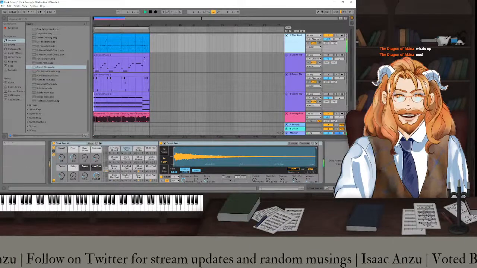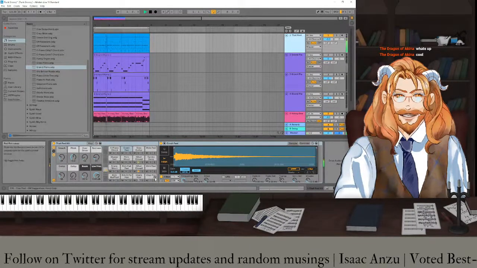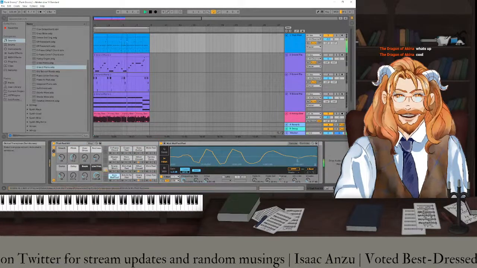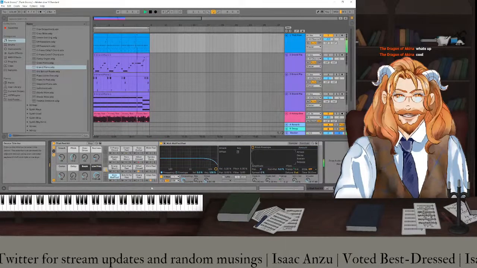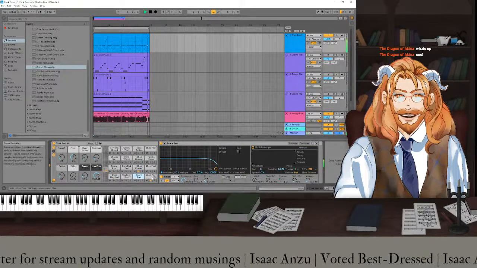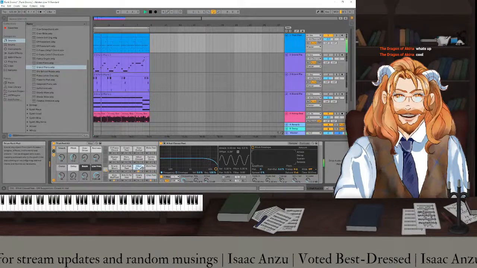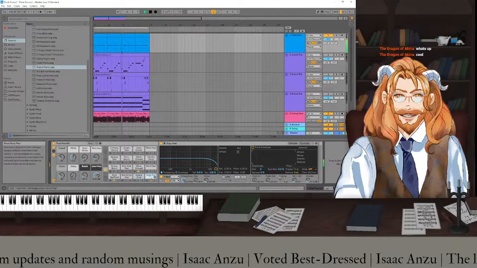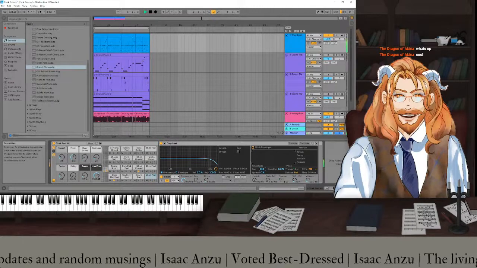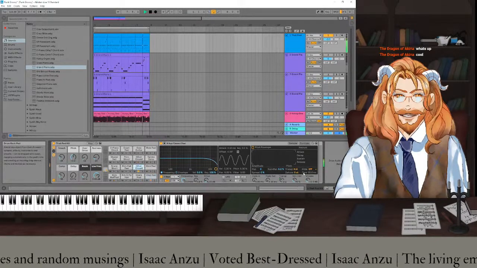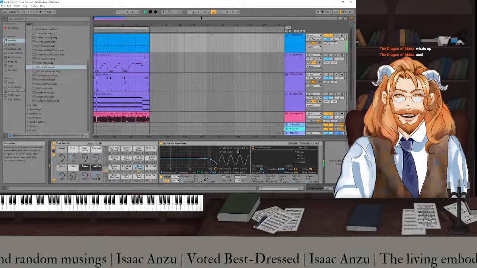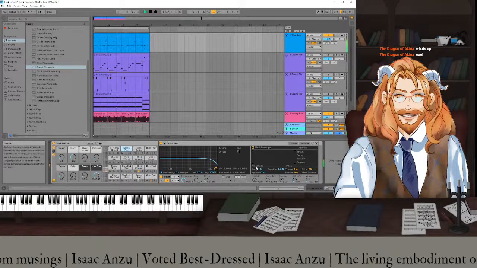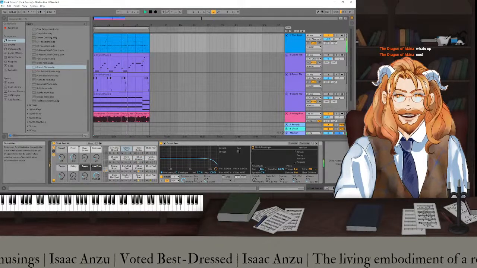And I do want to check. So I've got 5 because we've got the crash fill. Yeah. So let's just make sure. Kick in the center, snare in the center, clap in the center. Everything's in the center. Okay. So snare can go slightly to the left. Clap can go slightly to the right. And hi-hats can go a little bit more to the left. All the hi-hats can go a little bit more to the left. By 19? I don't know.